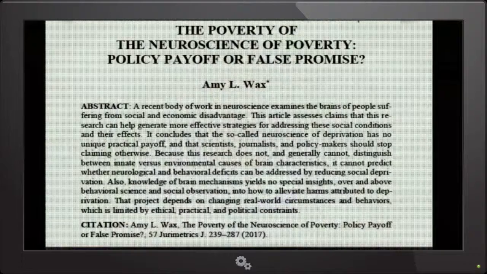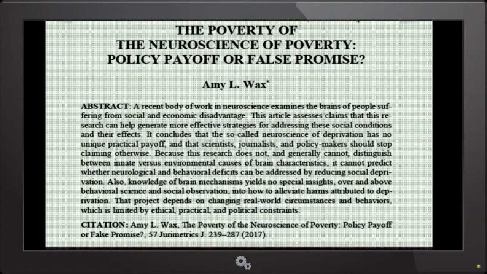One statement of this is by Amy Wax, a law professor, who has a paper forthcoming with this great title. She basically argues there is nothing of value here, specifically, on several grounds.